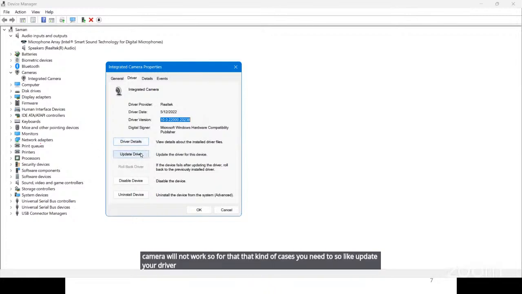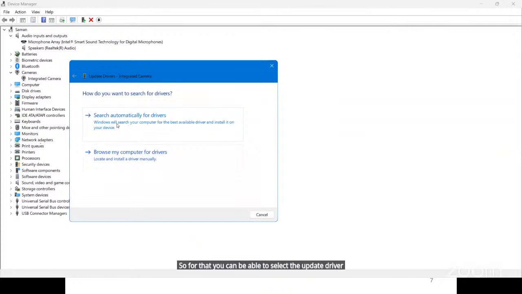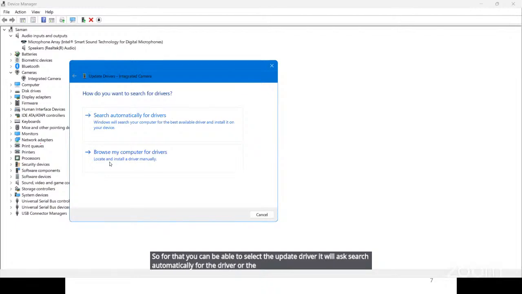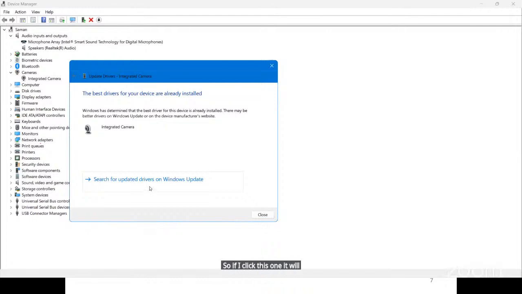For that, you can select update driver. It will ask to search automatically for drivers or browse my computer for drivers. On this occasion, you can click search automatically for drivers. If I click this one, it will automatically go to Windows Update.